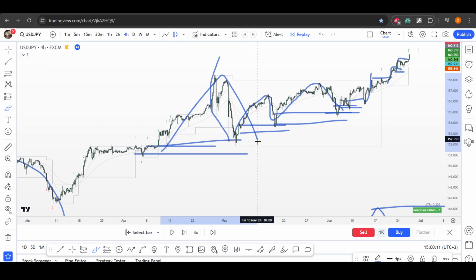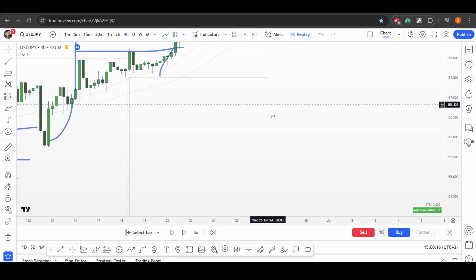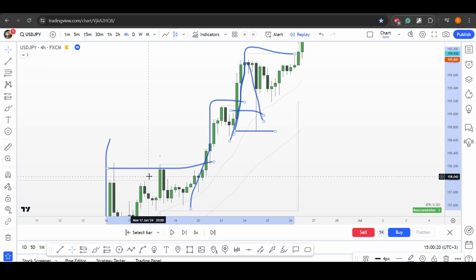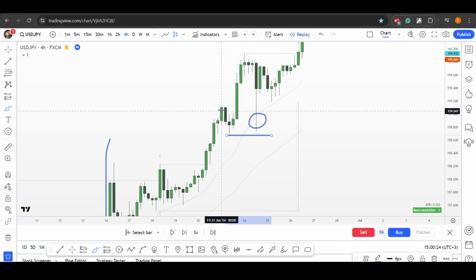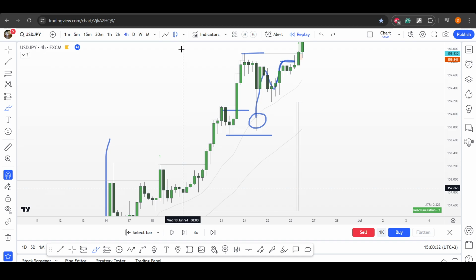So on daily we saw this, and on 4 hours we see this. So let me stretch it a little bit. So we have a really clear impulse to the upside, and again we are not trying to catch the bottom of the zone. We are kind of waiting for the development, and when the price is here, then the chances of a nice break are